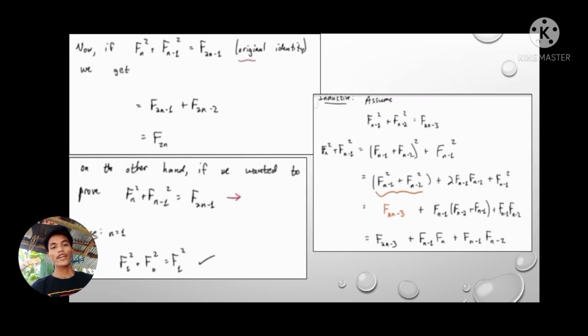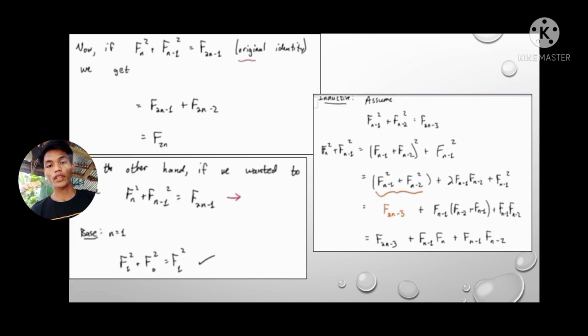Now, f sub n to the power of 2 plus f sub n minus 1 to the power of 2 is equal to f sub 2n minus 1, which is the original identity. So we get the original identity, and it is equal to f sub 2n minus 1 plus f sub 2n minus 2, which is equal to f sub 2n. On the other hand, if we want to prove f sub n to the power of 2 plus f sub n minus 1 to the power of 2 is equal to f sub 2n minus 1,